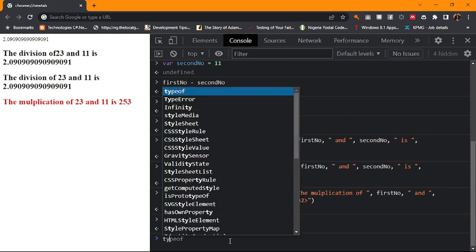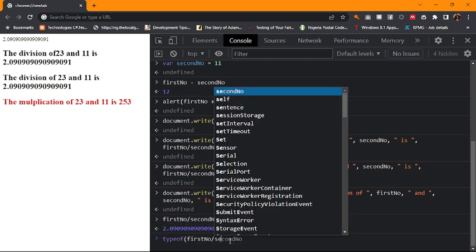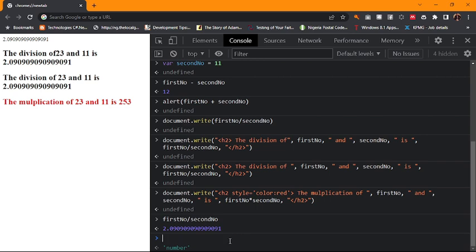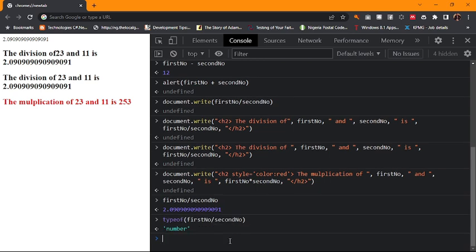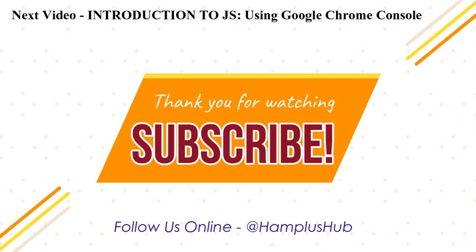So if we say typeof firstNumber divided by secondNumber, it tells us that it is number. It doesn't have float or decimal like all other languages. It sees everything as a number. Now, for us to perform some operations like rounding up the number, we can perform some operations like you will see in the next